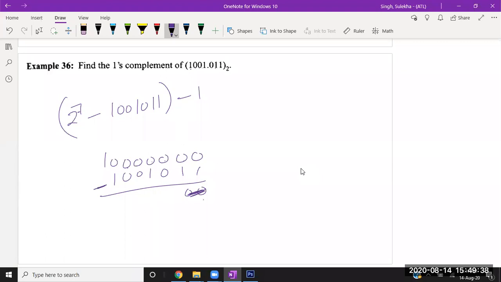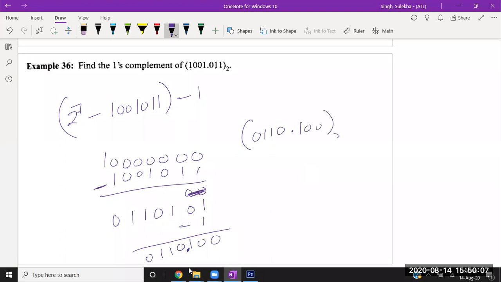Okay, you will get a result like 1, 0, 1, 0, 1, 1, 0. Then again you need to subtract 1, and finally you will get 0, 1, 1, 0, 1, 0, 0. Then substitute this decimal value at its corresponding location. So your final answer will come 0, 1, 1, 0 dot 1, 0, 0. Or you can write the same thing as 110.1 base 2 or 0110.10 base 2, because I can remove, I can keep these 0s.